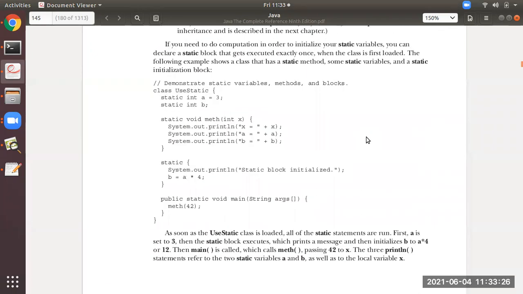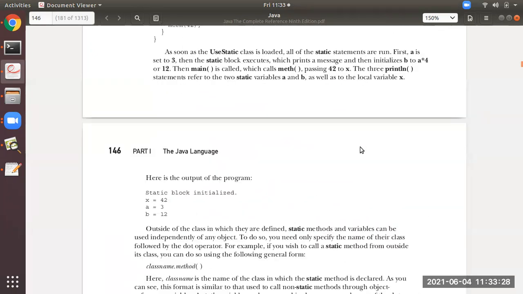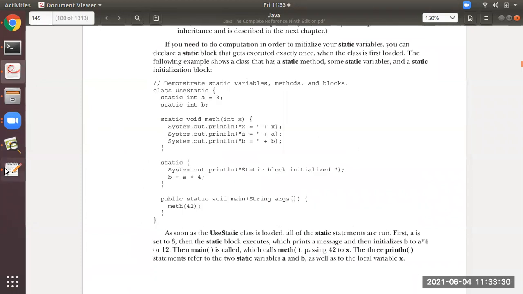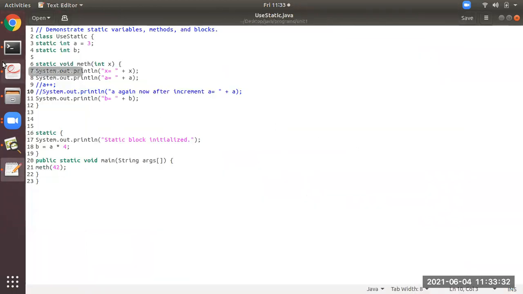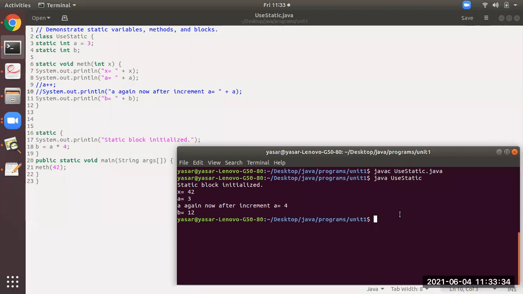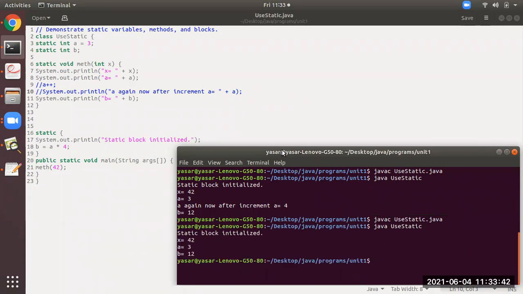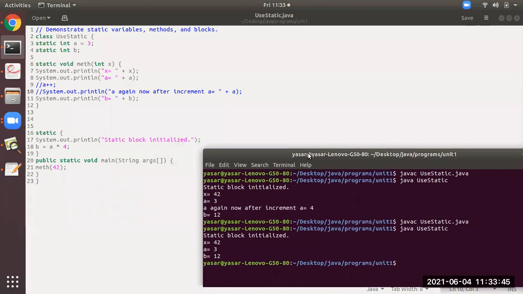See the program over here, which I have copied here. I'm compiling it again, and you see how the program is executed.